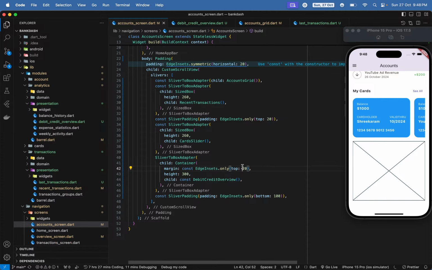This is not a positional argument. This is max. This is styles data. Okay,